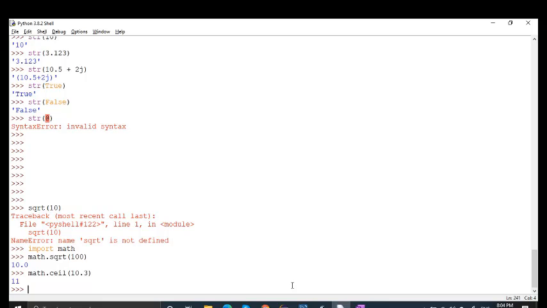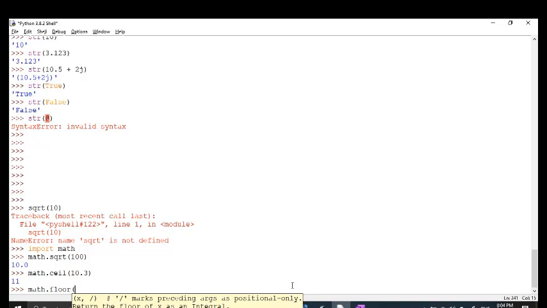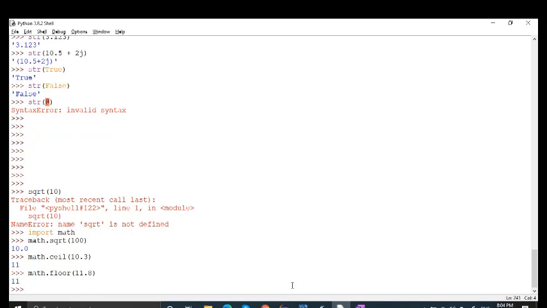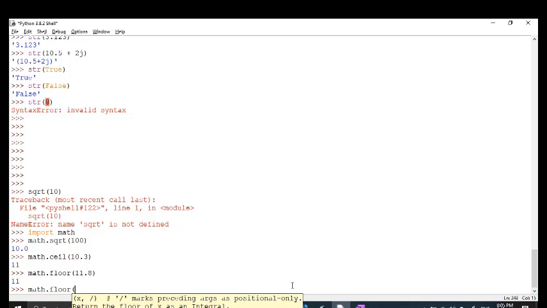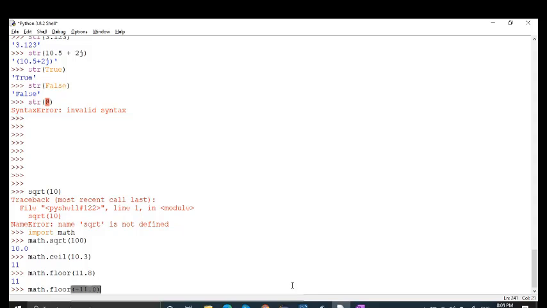If I write math dot floor of 11.8, it will make it 11. So if I write math dot floor of minus 11.8, what will be the value of minus 11.8 in floor? Please type.